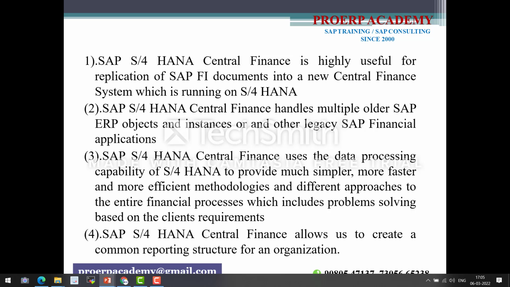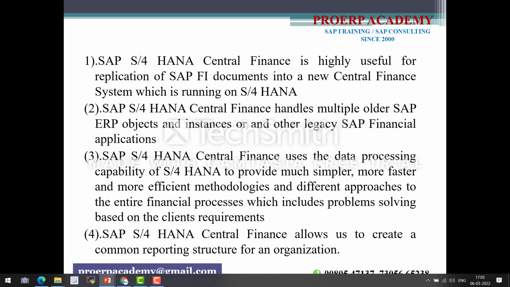What is the purpose of using the central finance applications? This entire S/4HANA Central Finance allows us to create a common reporting structure for an organization, because already we have